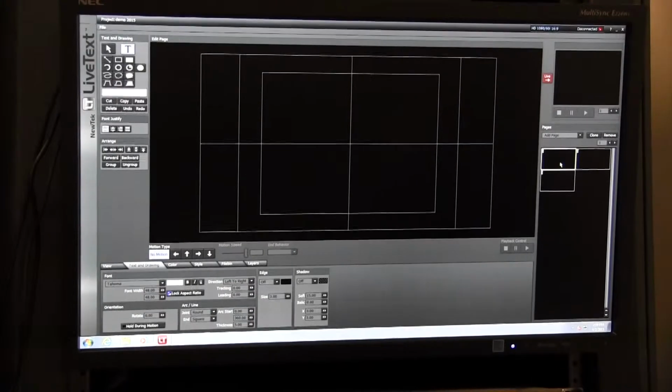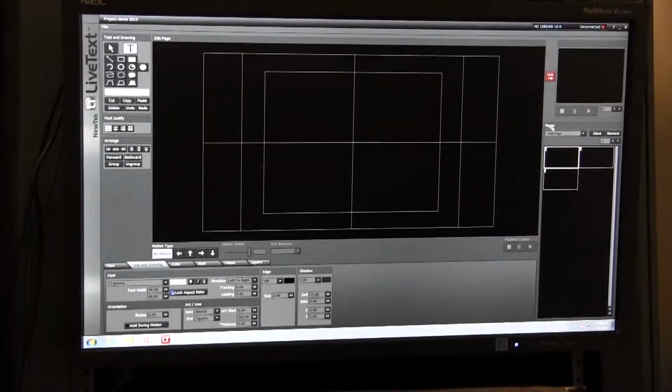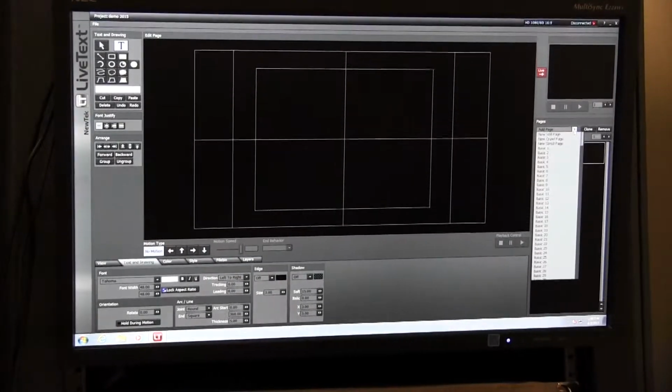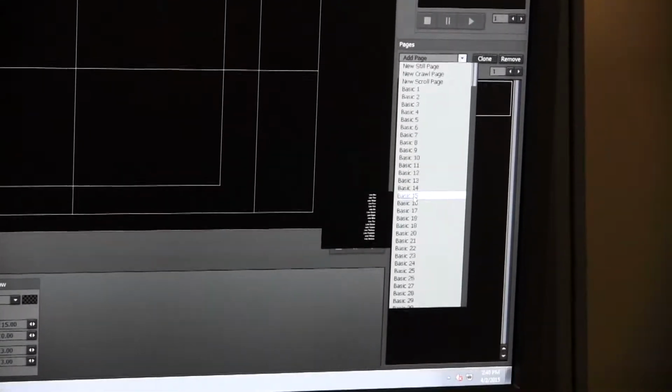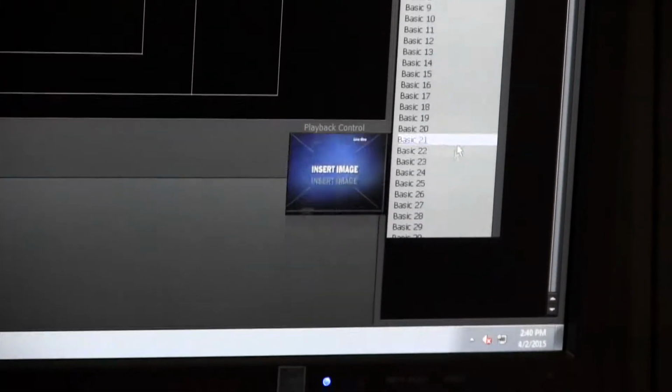The first thing you probably want to do is look and see, well, what templates already exist within the software. So we go up under Pages to this Add Page. When you click on the down arrow and you start to scroll, you're going to notice off to the left-hand side that different fonts start to appear. Now in the beginning it's going to be just some basic stuff, it might be hard to see,